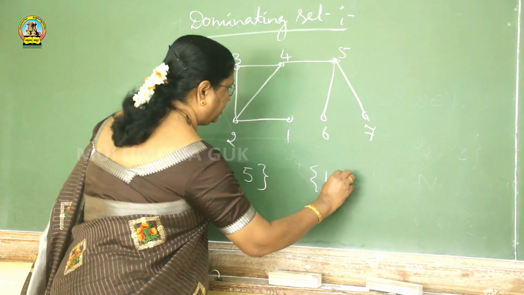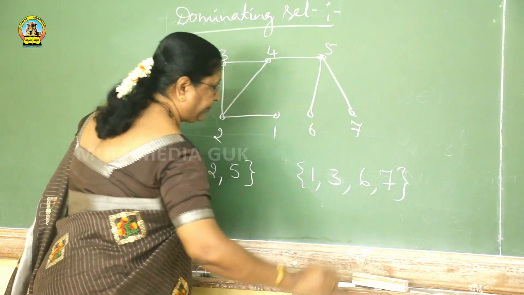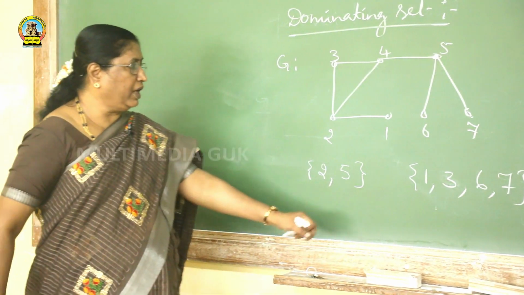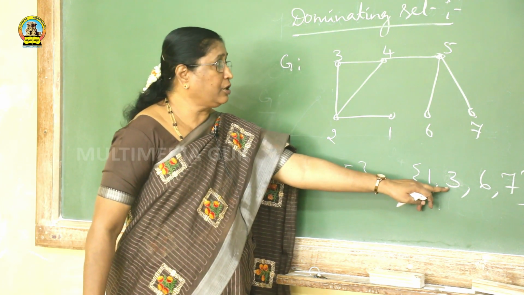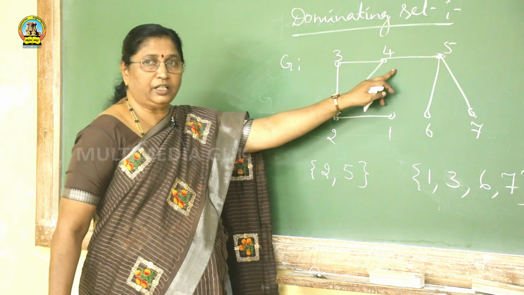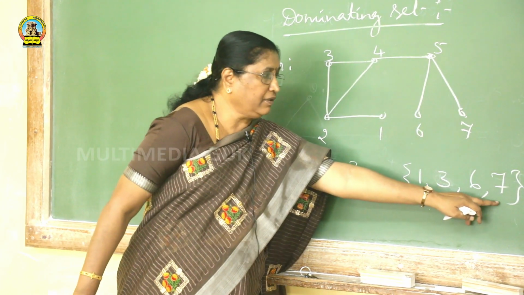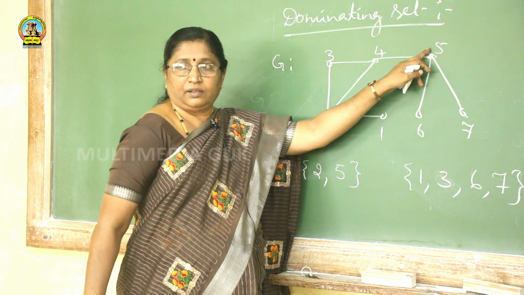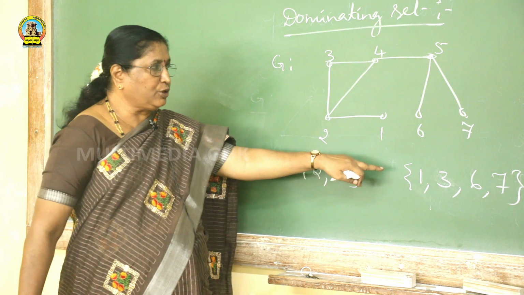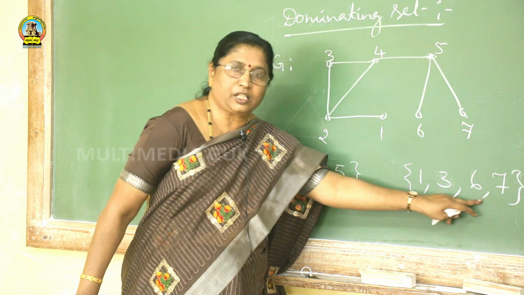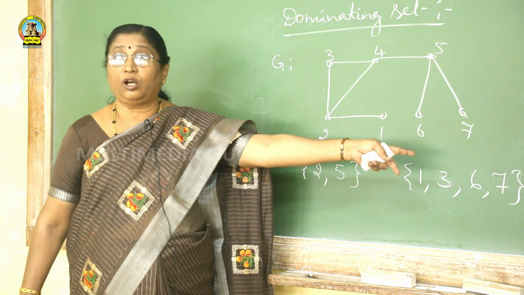1, then 3, 6, 7. Here 1 is dominating 2 and 3 is dominating the next 4, right? And 6 is dominating 5, 7 is dominating 5, right? So if you have chosen only in this set to say about the controversy of the not dominating